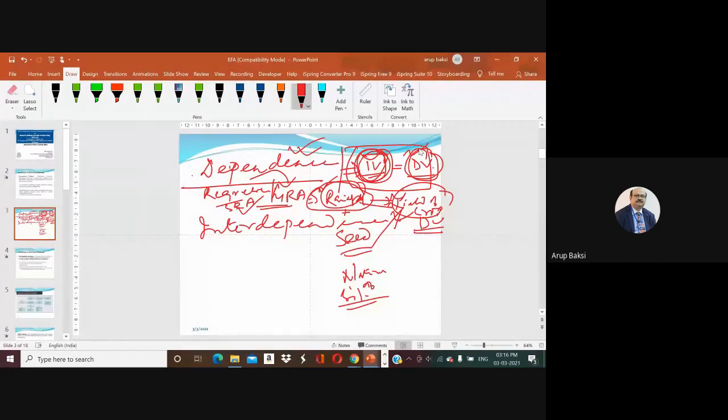But there can be certain situations where this concept of independent variable and dependent variable may not exist. So those areas are dealt under this interdependence technique. There is no pre-identified dependent or independent variable. Now, therefore, in these particular cases, what we need to identify